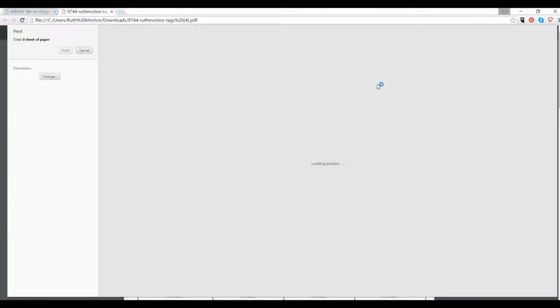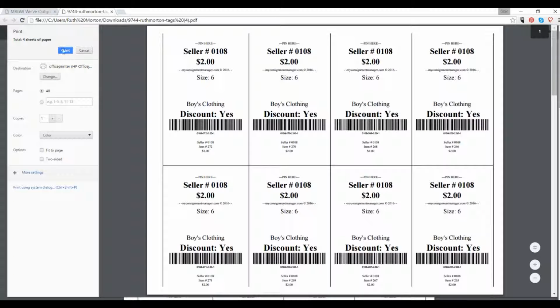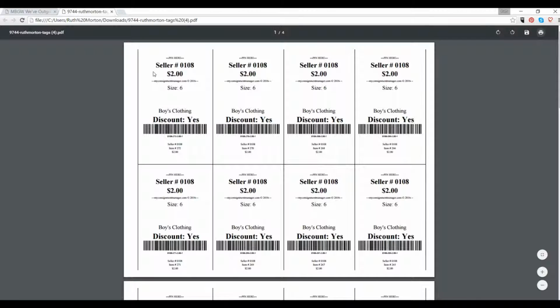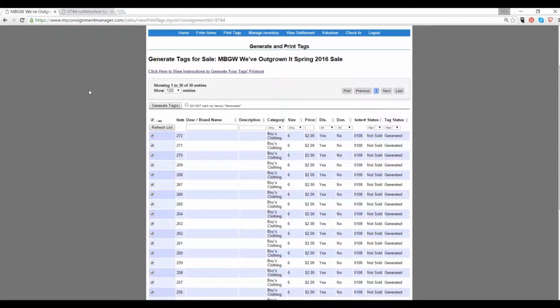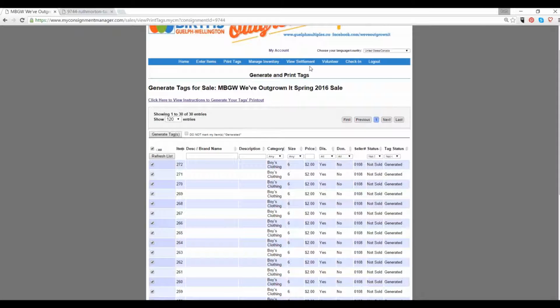But as it is, I will go ahead and print my stuff off on the office printer upstairs, and voila, that is done. So pretty simple, pretty straightforward. Before we go, I can't show you view settlement at this point,